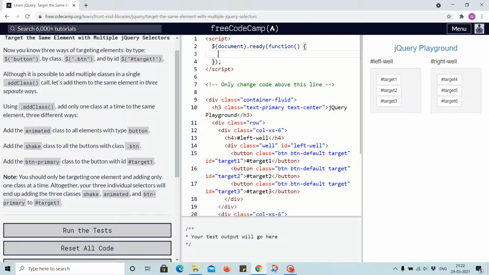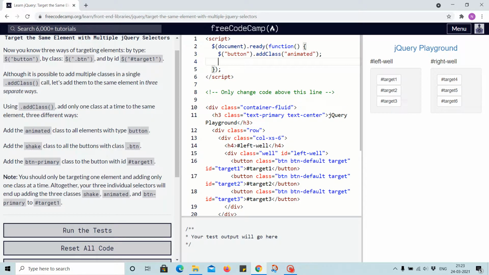Let's add those with the dollar. In this case, first we will select the button element, and on that we will use the addClass function, and we will add the class animated. Okay, in the second instance we will use the btn class as a selector and add the class shake here,